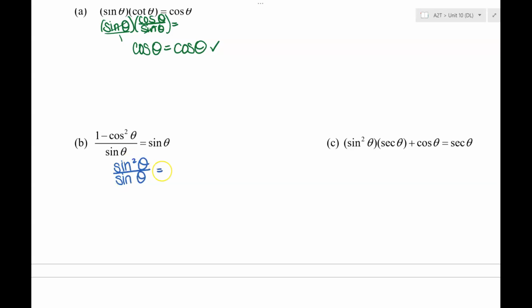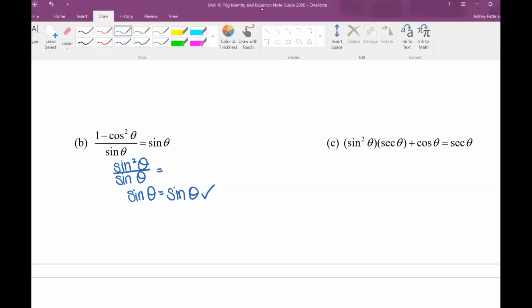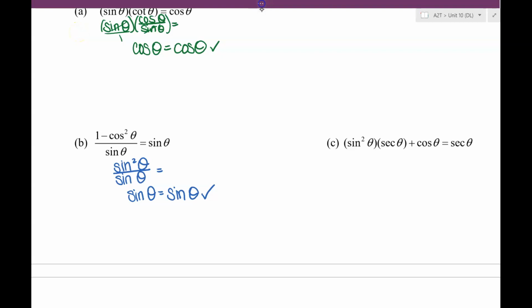And again, the reason I'm starting with the left side is because there's more to work with. If I have 2 sines over 1 sine, one of them can reduce, so then I get sine of theta is equal to sine of theta. Nice. Okay. You want to try to use the basic trig functions, or identities, pardon me, as well as the